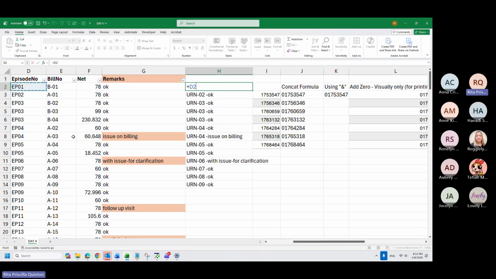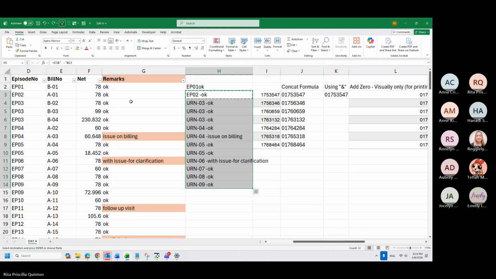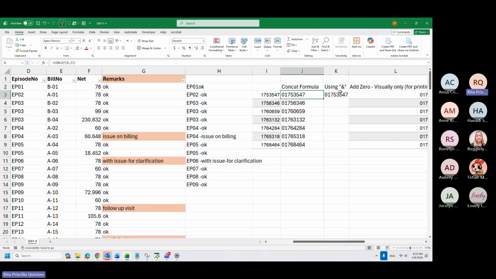What is the first text that you want to combine? Combine it with what? With OK. It will appear like this. If you want again to put a second text that is a space and a dash, I will click this and same, make it a text and OK. Sorry, this is now episode. Okay, it's based on your preference.